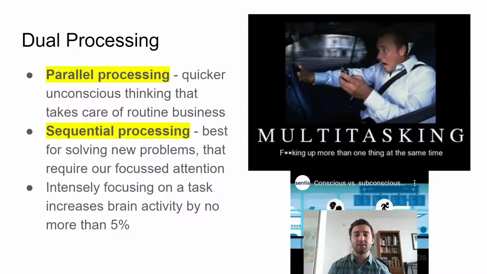Now, we can actually kind of see this a little bit in how active our brain is. What we know is the difference between being intensely focused on a task, right? So focusing as much as we possibly can, trying to figure something out, and when we're just sitting around normal is only 5%. So our brain is always doing things. It's always taking care of problems. It's always solving things. It's always making sure our body is functioning. It's always sending and receiving information. It never just sits there and does nothing, really. It's always processing. It's always working.